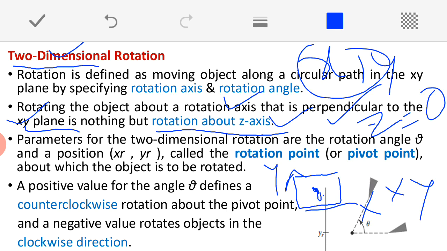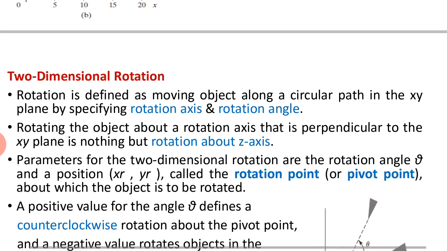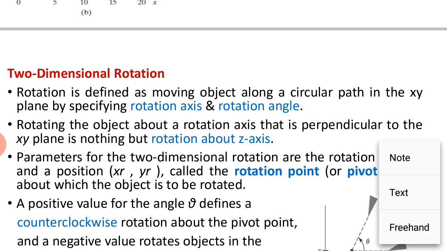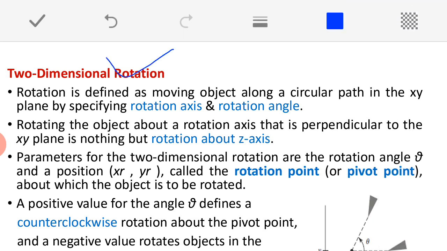Because when we go for three dimensional rotation, there we can perform a separate rotation about x axis and y axis. So that is the reason, just do remember this particular point, always do remember: three dimensional rotation about z axis is nothing but two dimensional rotation. Hope all of these points have been cleared for all of you. Why? Because two dimensional rotation will always be done about the z axis. Is it clear? So, this is the second point.